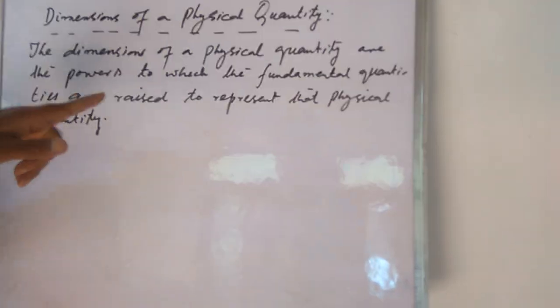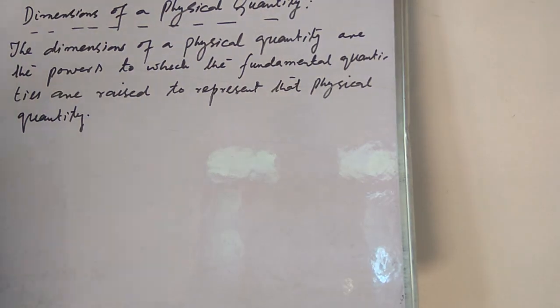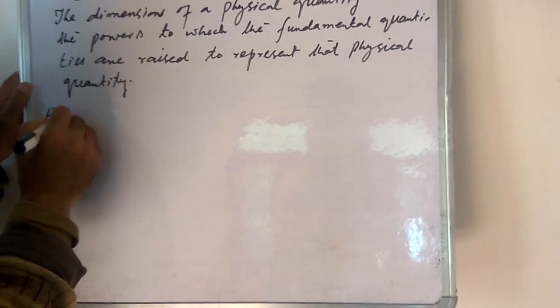That means dimensions of a physical quantity are defined as the powers to which the fundamental quantities are raised to represent that physical quantity. For example,